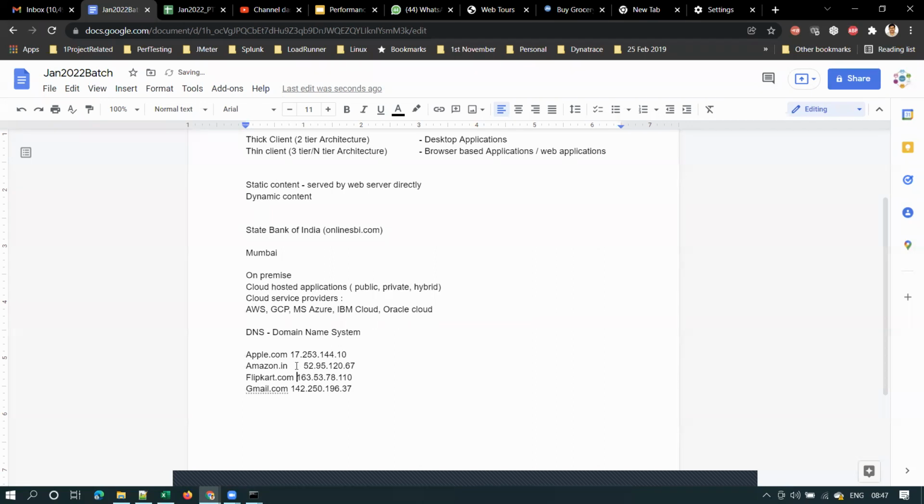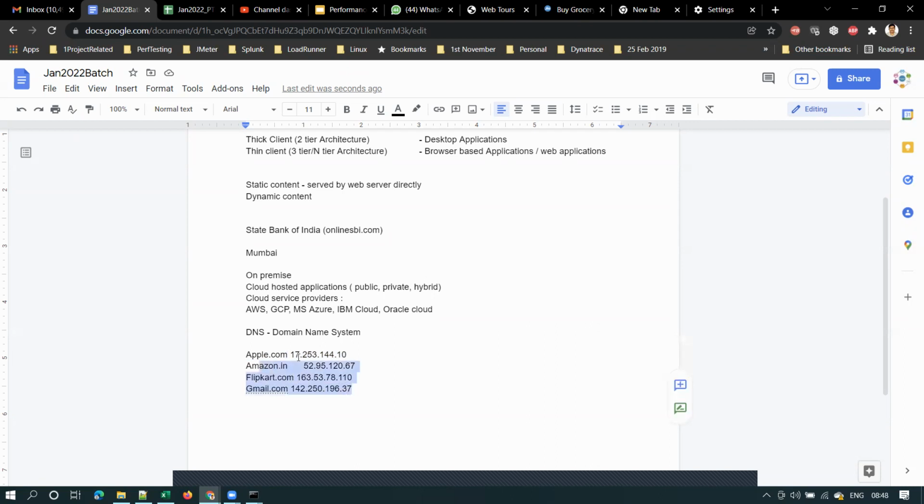Okay. Now, every server will have an IP address and some name associated with it, right? When we have an IP address, why do we need these domain names? These are called domains or domain names. When we have an IP address, why do we have a domain name? It's difficult to remember an IP address, right? For anyone, it's difficult to remember an IP address. But it's also difficult to remember the names, isn't it? Yes, sir. Right? So that's why you have a DNS server.